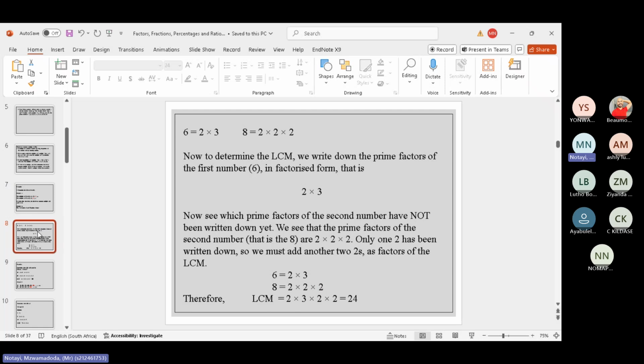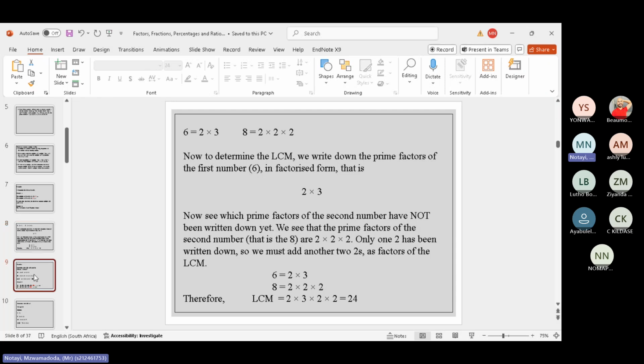You first write the prime factors of the first number, and then you look at which factors of the second number have not been written down, and then you just take those that have not been written,